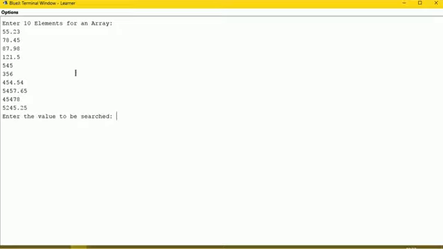So let me give the value which is available here, 5457.65. Let me check before, 0, 1, 2, 3, 4, 5, 6, 7. So 7th is the index number of this number. So I give enter. So element found at index 7.